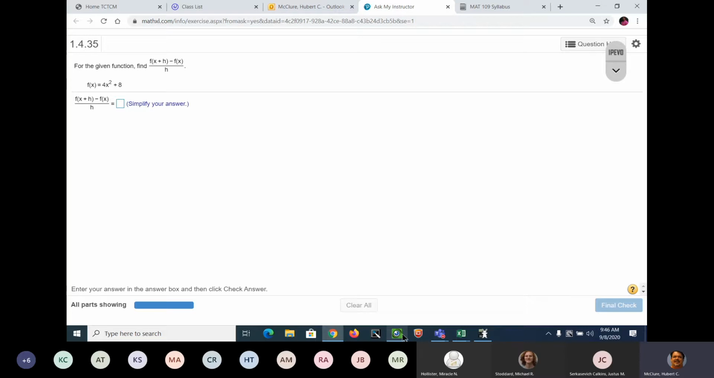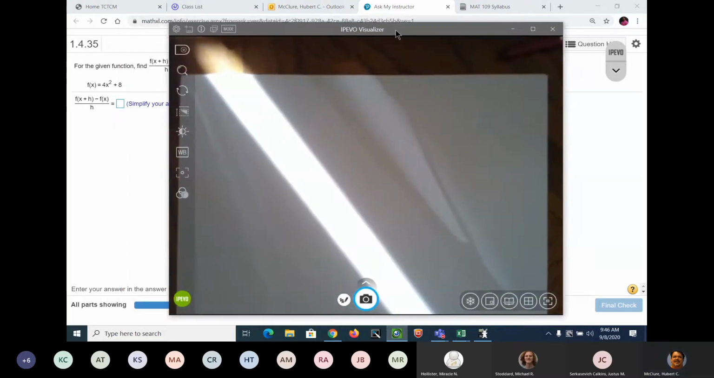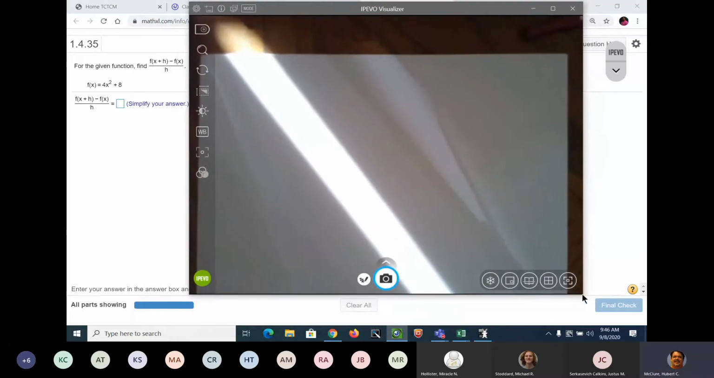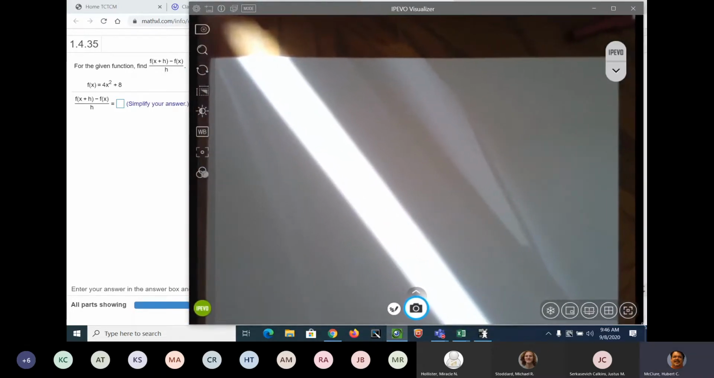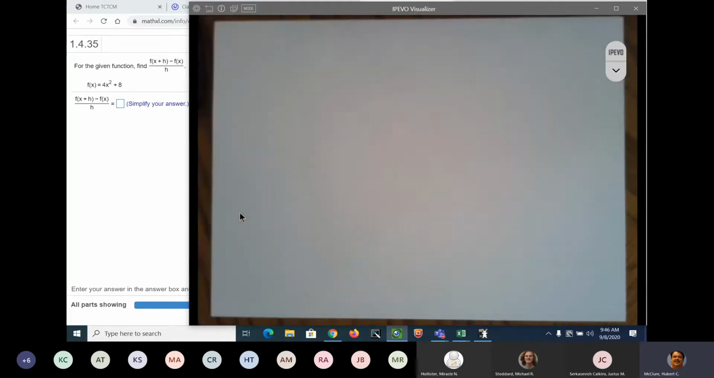Okay, so I'm going to hit my handy dandy do-jigger here. We're going to put that right there. I'm going to extend it a little bit. And there. And let me fix that shade right quick because that light is coming in. Okay, so